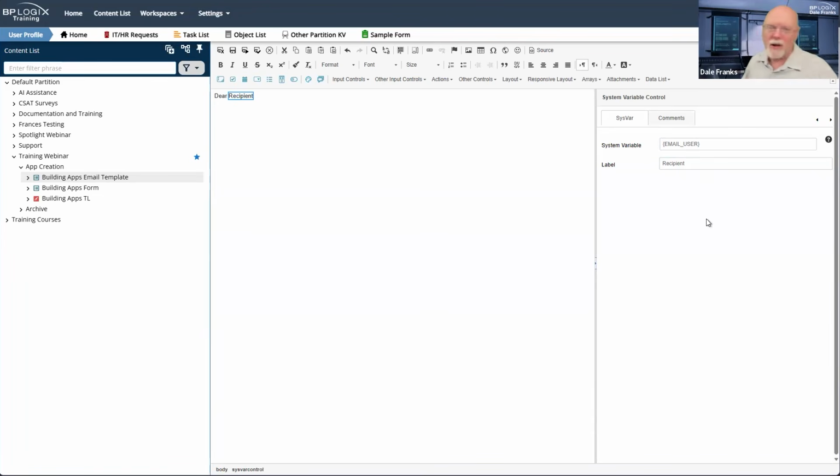It's not going to send 1 email to 4 people. It's going to send 4 separate emails. And for each one of those emails, it knows who the participant is that it's sending to. So it is going to parse their name out as the email user. And like all user system variables, which is what this is, email user by default returns the user's name. And so it will be Dear Dale Franks or Dear whoever whenever the email gets sent.